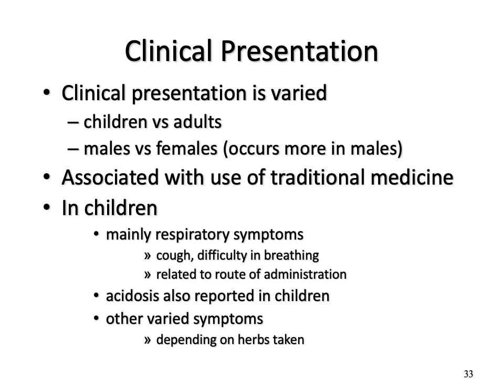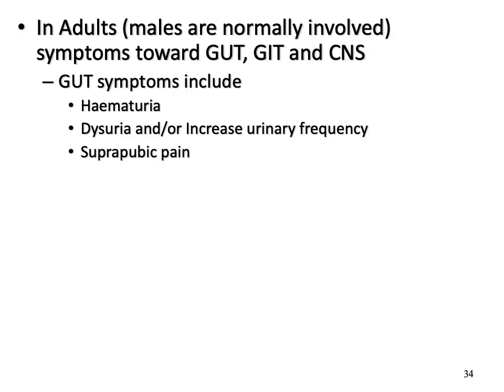Acidosis has also been reported in children. And there are other various symptoms which have also been reported, depending on the traditional medicine that is taken. In adults, like I said, males are normally the culprits. The symptoms reported by Tagre and colleagues are towards the genitourinary tract, the gastrointestinal tract, and